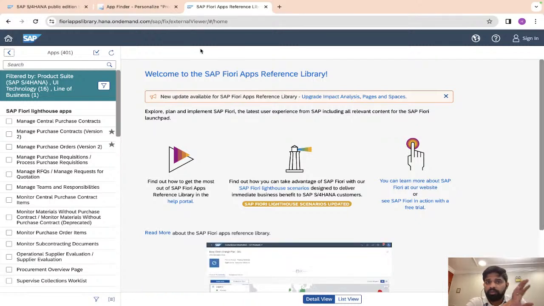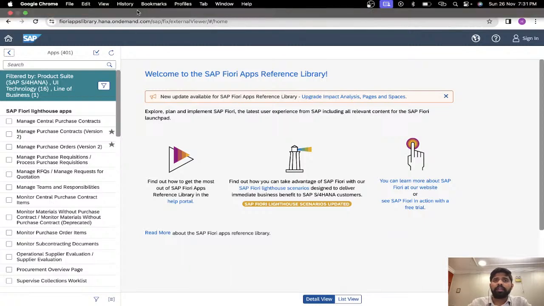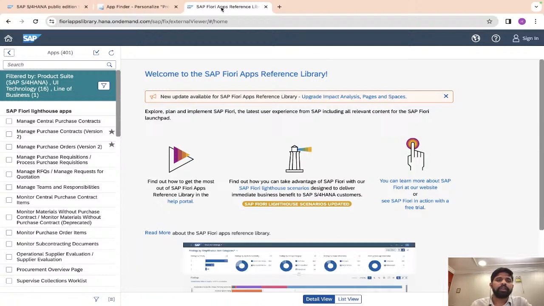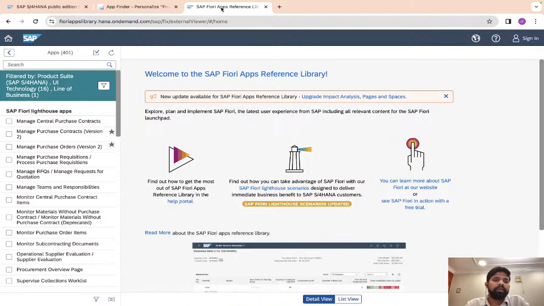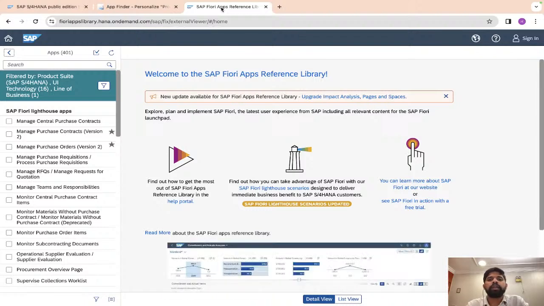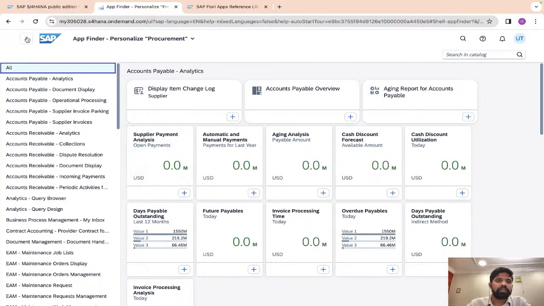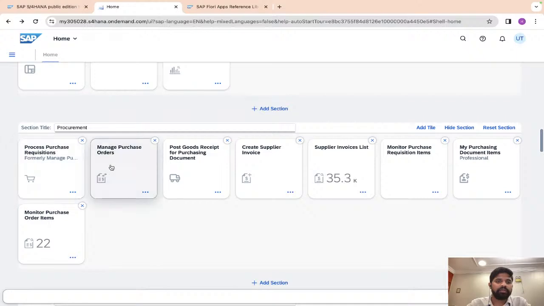For this, you don't need any access. You don't need any access to the trial or anything. You just go to Google and write Fiori library, and you will come to the same pages. Now, why visit the Fiori library? To understand, for an SAP GUI transaction, what Fiori applications SAP has provided. This particular type is called a Fiori application. SAP started creating Fiori applications for all of the GUI transactions.